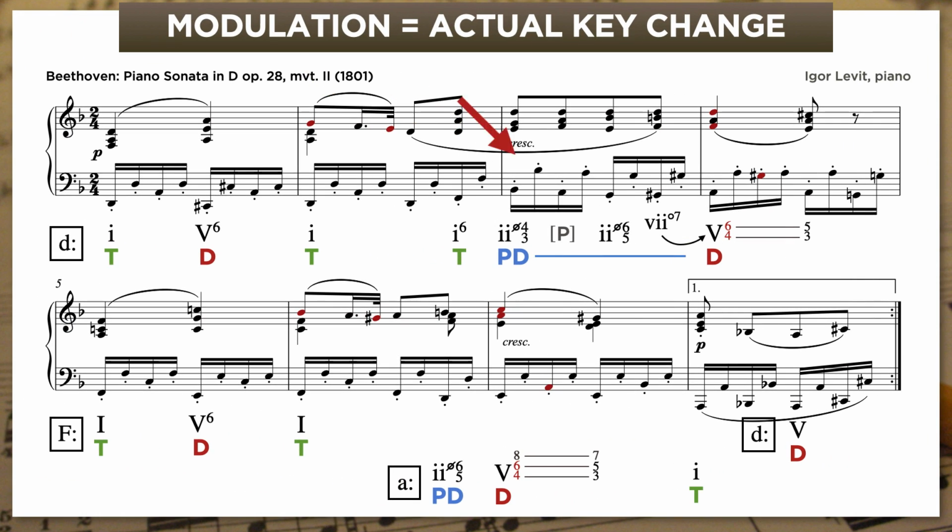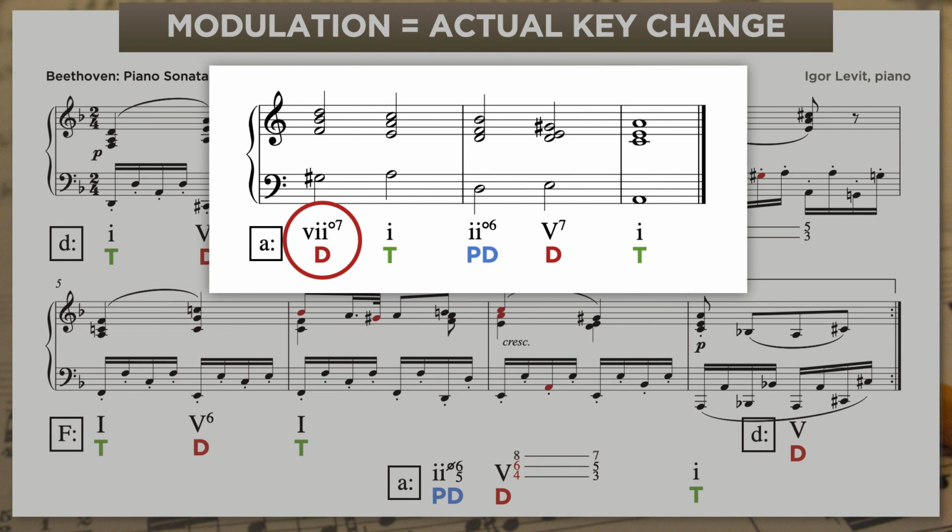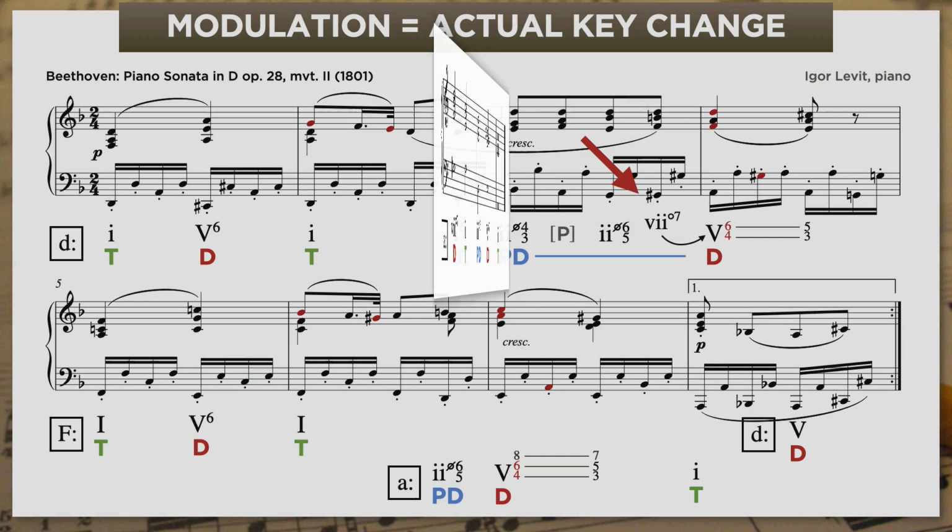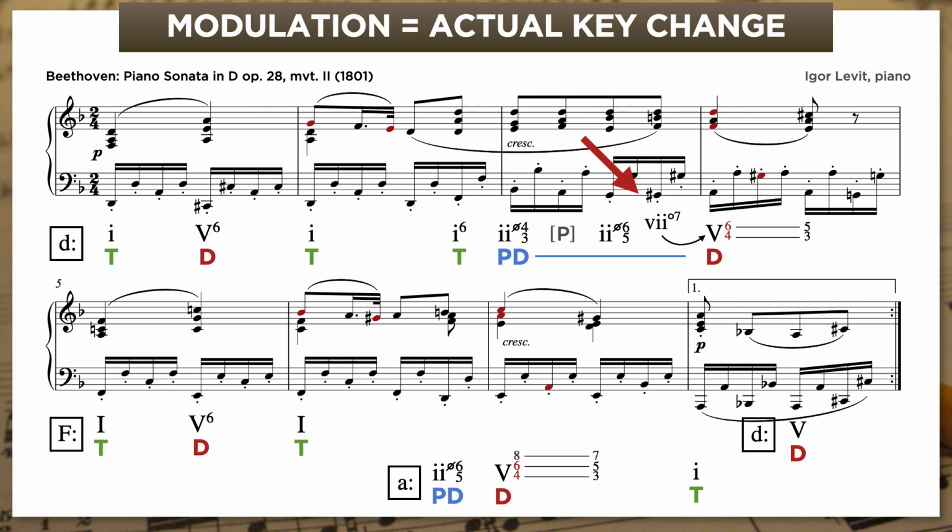This chord right here, 7/7 of 5, might be borrowed from the key of A minor. Here's how it sounds in its home key. But using it here doesn't put us in that key. It still takes us to A, but that A is clearly acting as 5 here in D minor.